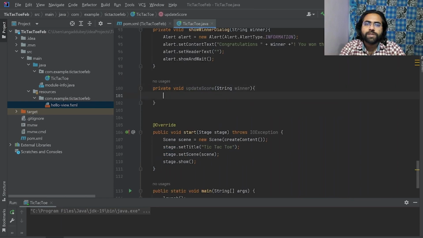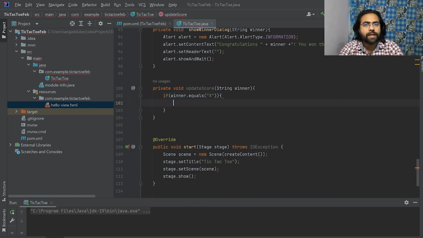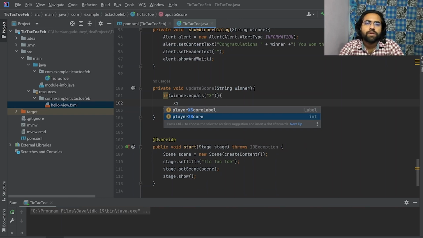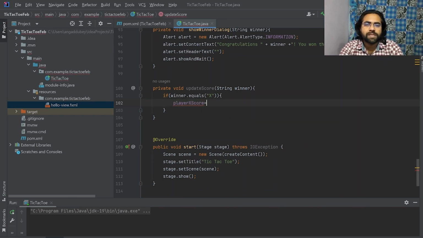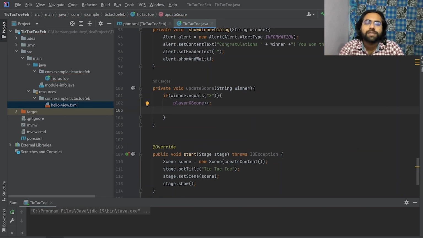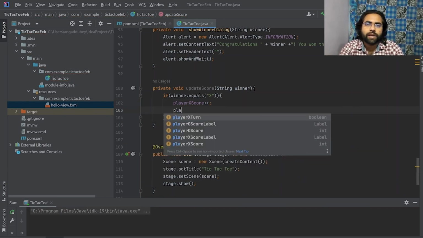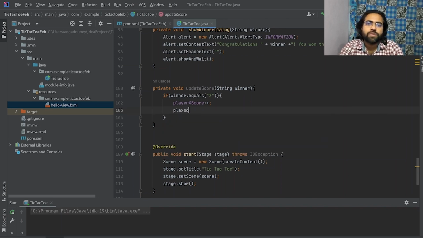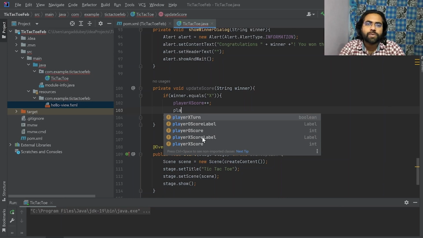So here in update score, if winner dot equals X. If winner equal to X, then I need to say X score simply plus plus, and then I need to update that score label as well. So player X score label